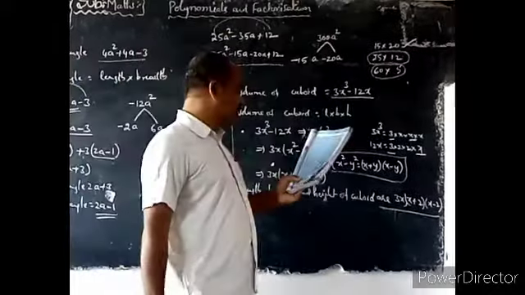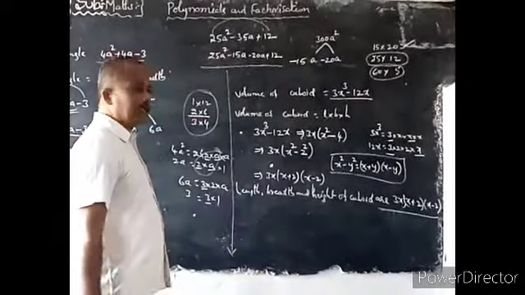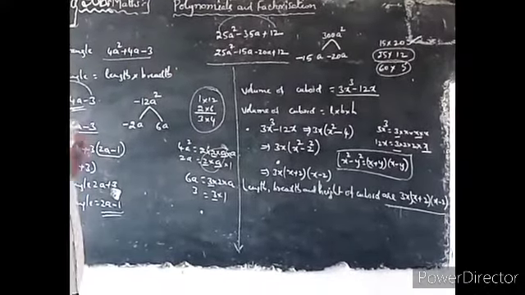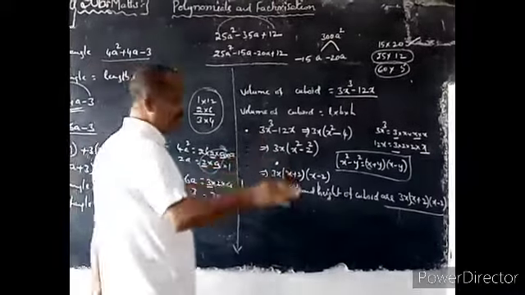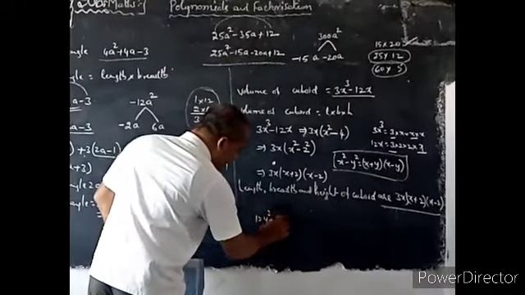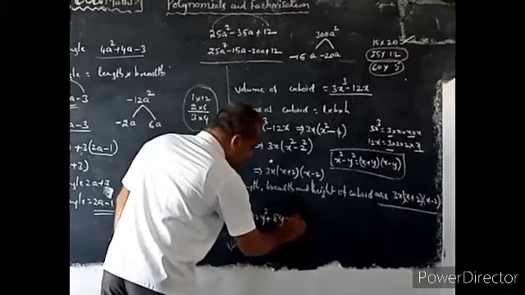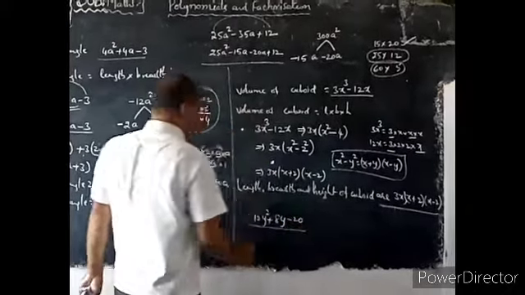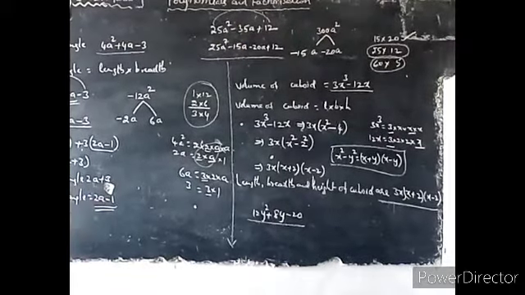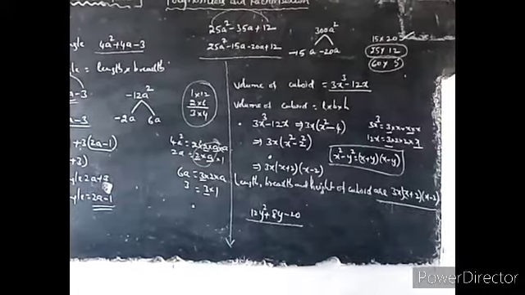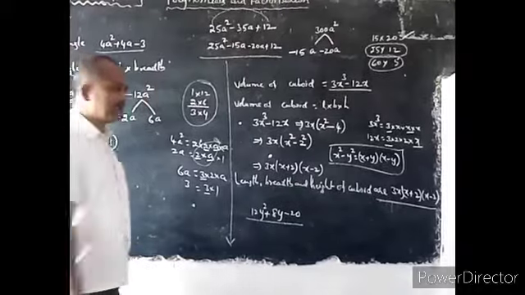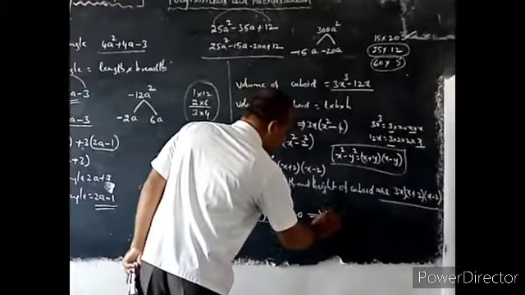12y square plus 8y minus 20. Here the polynomial is of degree two, a second degree polynomial. You get 2 factors by factorizing. Before that, one number is common in all. 12y square plus 8y minus 20. Here 12, 8 and 20 are multiples of which number? Common multiple. 2 is also common, but one more number is also common: 4. 4 is common, so 4 is taken out.